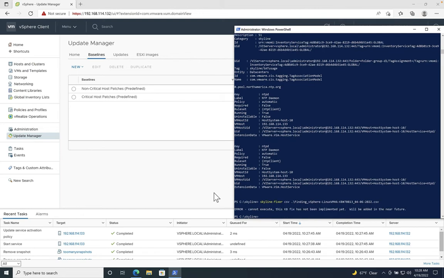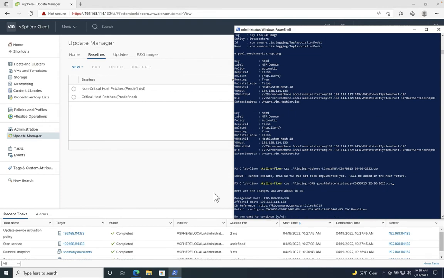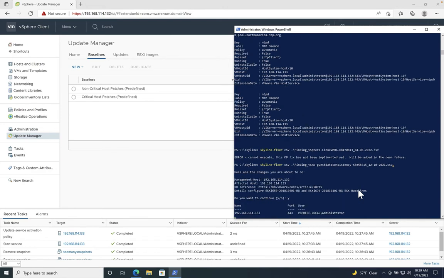Can't execute. Oh, maybe it's the other one. vSAN, interesting. Okay, once again, vCenter server, ESX server. Here's the KB article, and the fix is it's going to configure baselines. So most people think that this script is going to do an automatic update. It does not. What it does is, and I'll show you in 1 second as soon as I say yes,